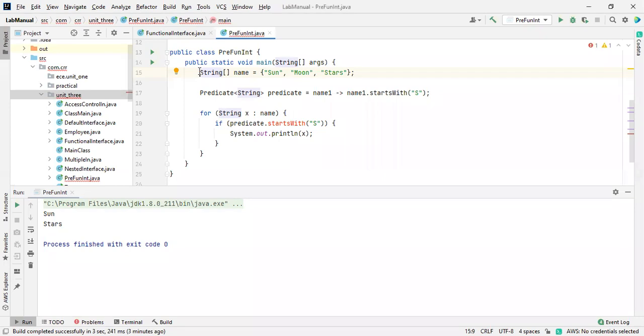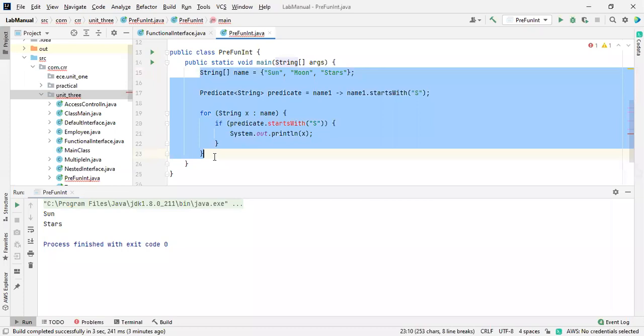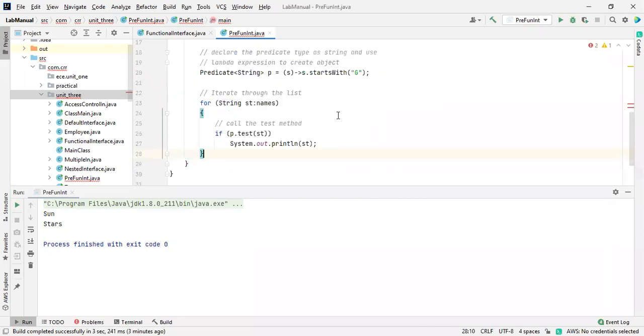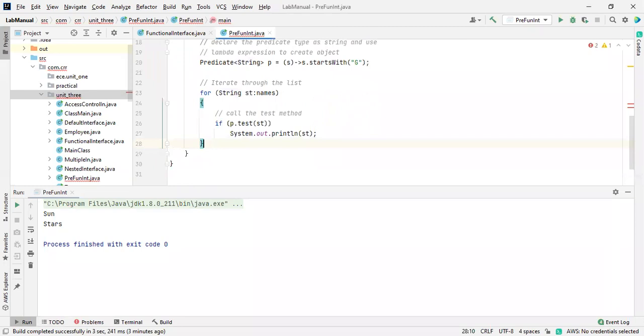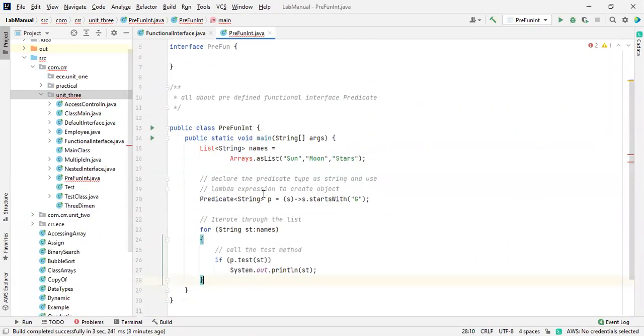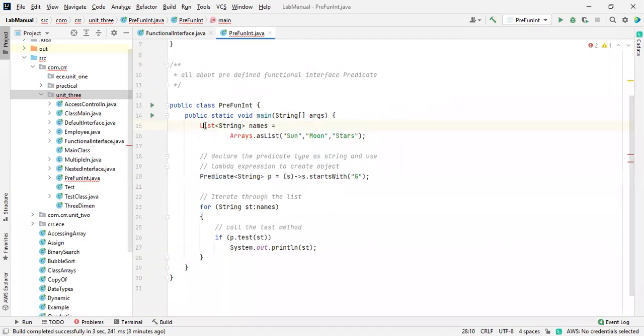I'm pasting it over here. Wait a second. Yeah. So in this condition, it is working. I'm going to take the array values also later. I will check it out. So in this scenario, it is just printing back.